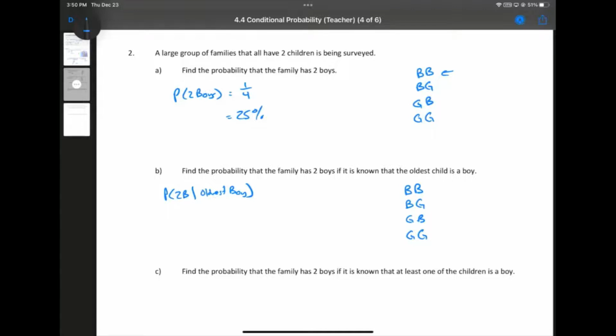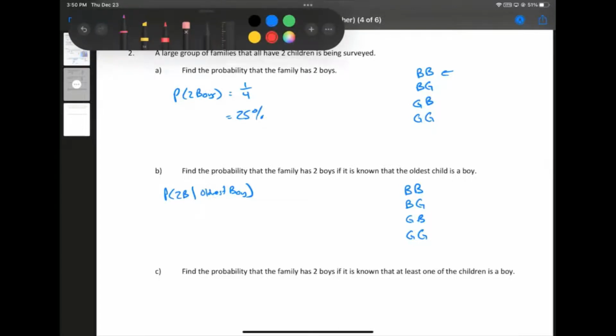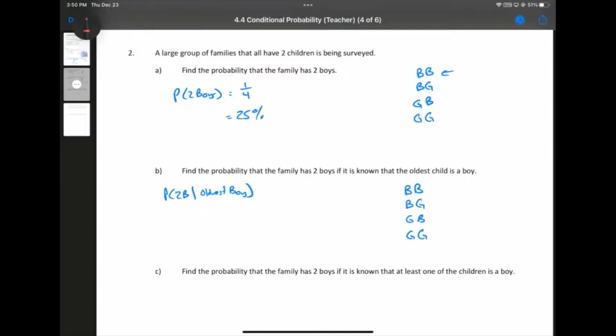But here what we can do is use our conditional probability to say, can we eliminate any of those possibilities as being no longer valid outcomes? Is it possible to have a boy and then a boy? Yeah, the oldest would be a boy. Sure, that works. What if the oldest is a boy and the youngest is a girl? Well, that's valid. The third one is a girl born first and then a boy. Well, then the oldest would be a girl. This can't happen. And can you have 2 girls if the oldest is a boy? Nope, that one's gone too.